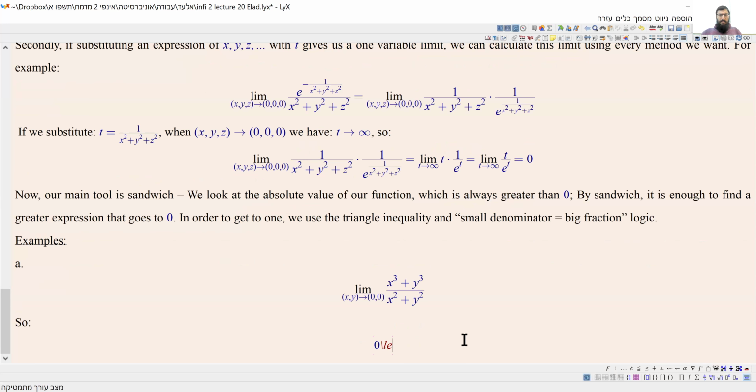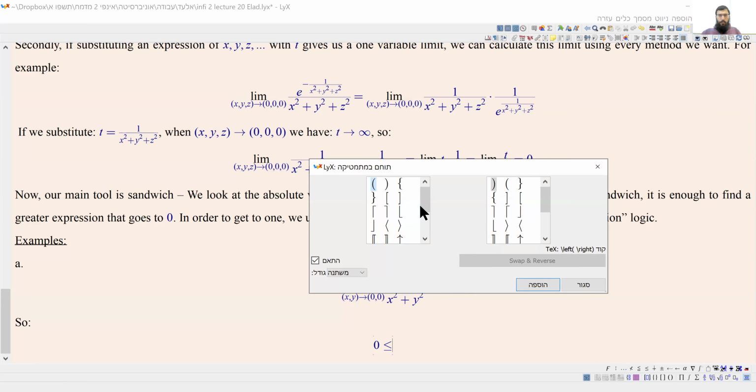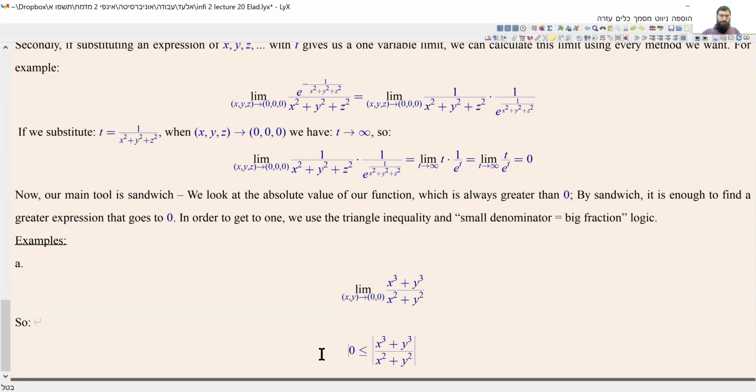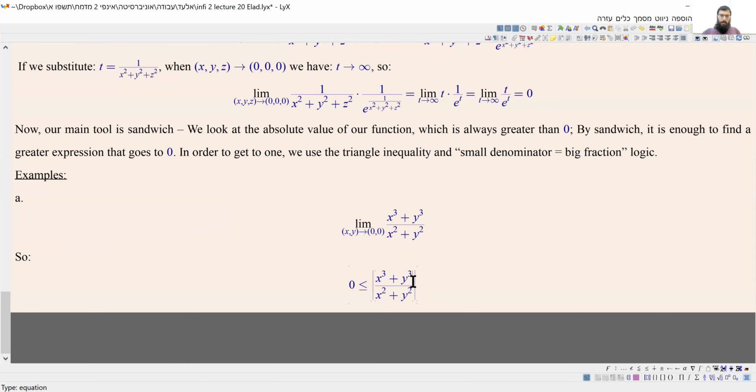We look, first of all, as I mentioned, at the absolute value of the function, which gives us one side of the sandwich, bounded by 0. And we need to find the bigger expression that goes to 0. We know that when the numerator and denominator cancel each other, the expressions we are left with are easier to explain. It's easy to explain why they go to 0. So we can do the following